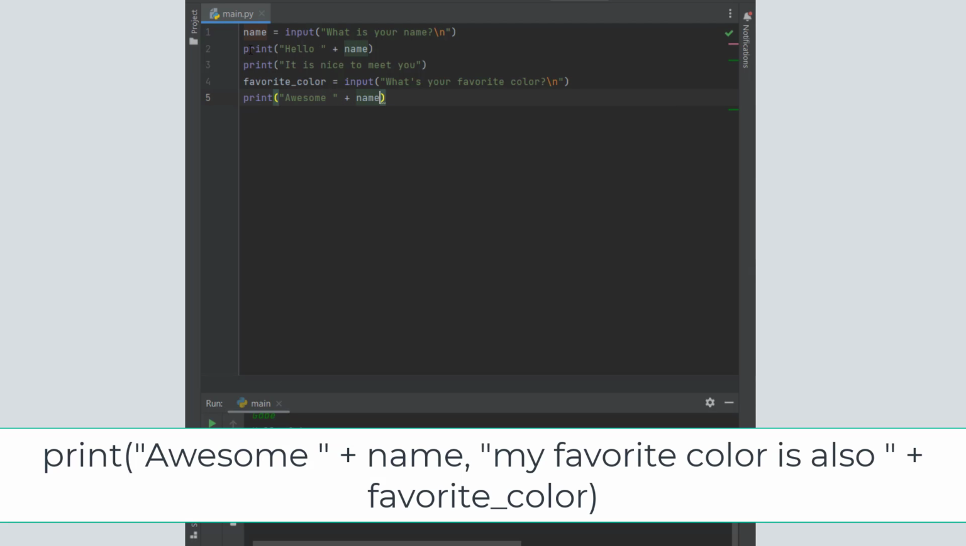So similar to what we did up here, we basically put print, wrote a string. So we're going to start off that line with this string. Then we're going to say, okay, plus whatever name our users put in there. And we put a comma if we want to continue and add more text. So another string. "My favorite color is also " space, and close the quotes, do a comma,